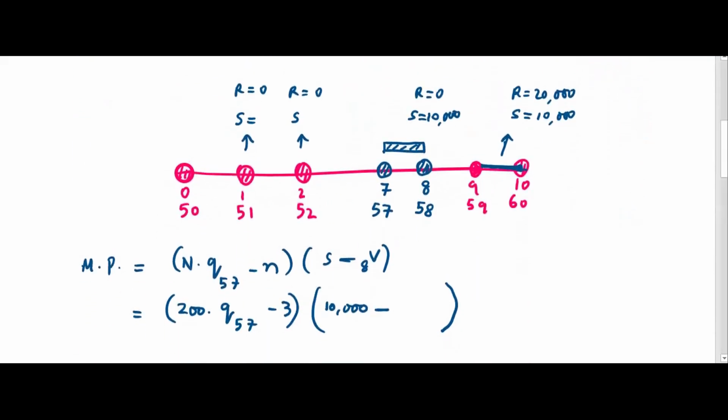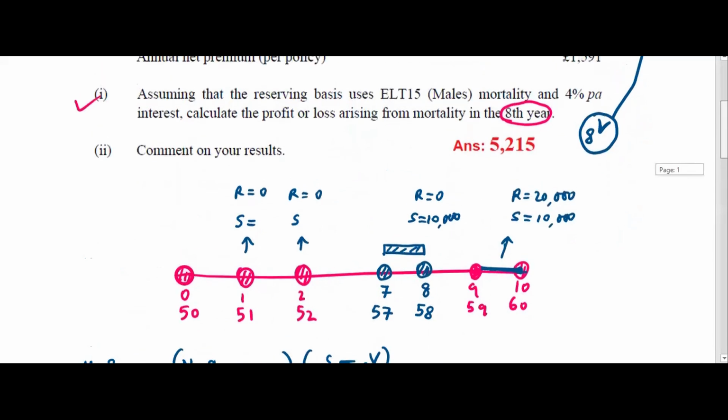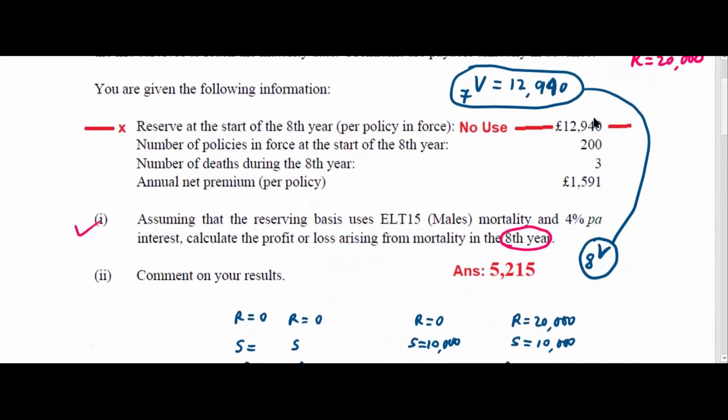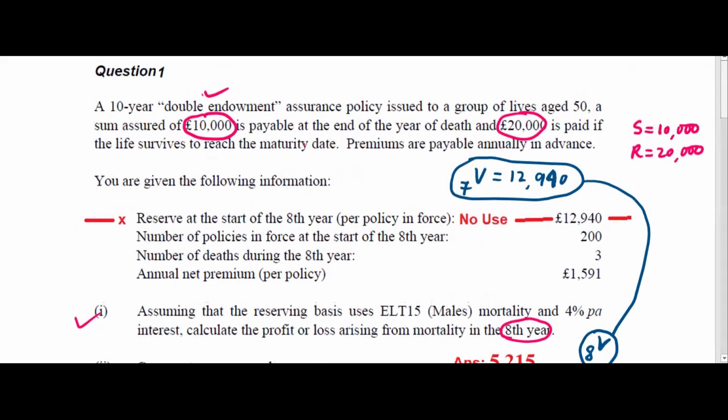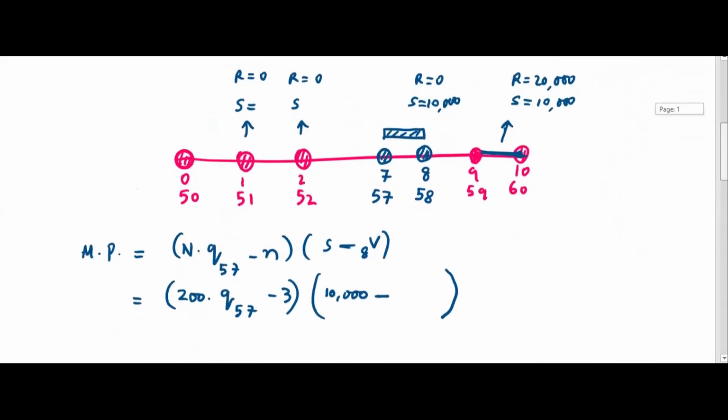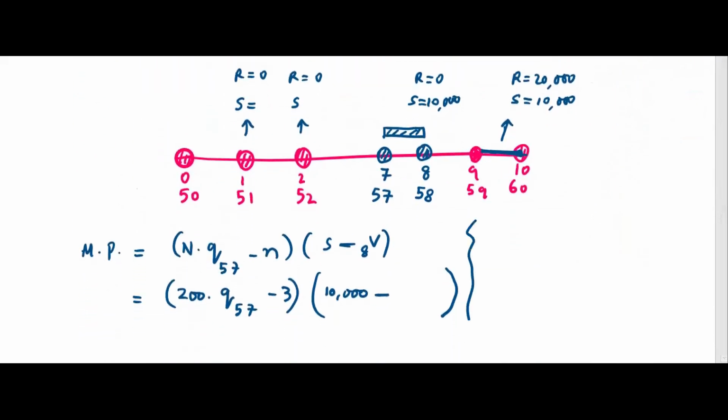However, now that you don't know the recursive relation between reserves, that's why I said you don't use this one. We'll try to find V8 whatever way we know. Let's see if it's possible to find V8. We'll try our best. So let's see if we can find V8 directly without making use of whatever is given. So V8, if you write,